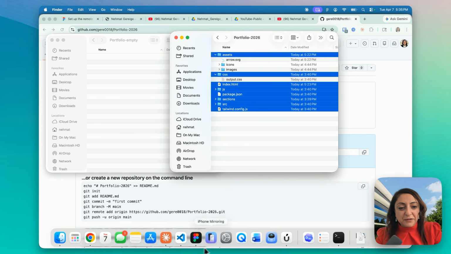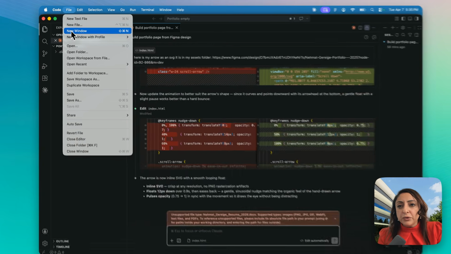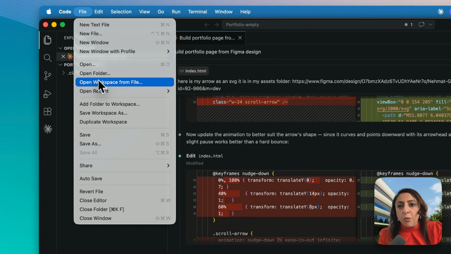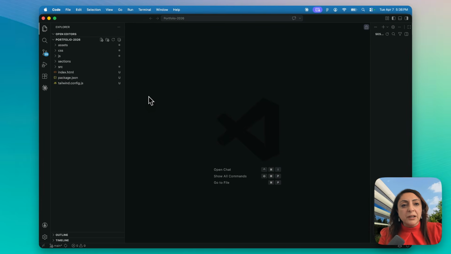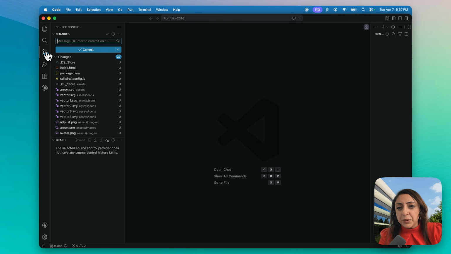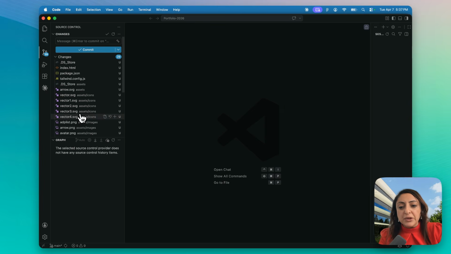For you to see this reflected in Visual Studio, if I come here now, this portfolio is actually empty. So I don't need it anymore. What I want to do is come back and click on Open Folder. And now that I have the right folder, I don't even need Claude to make my commit because, as you can see within the Visual Studio structure, it's already connected with GitHub. It does recognize that all these changes have happened to this portfolio 2026 that I created